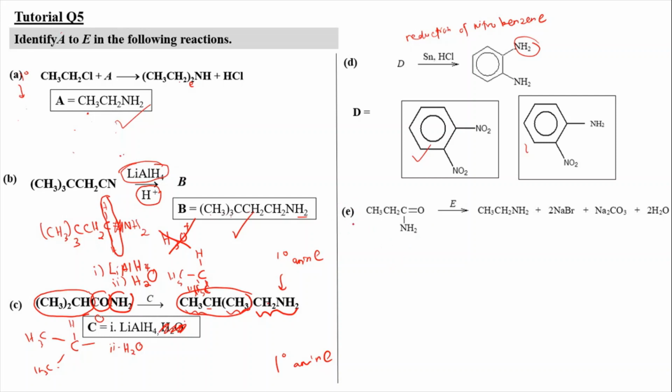And now for the structure E here. So we are given the CH3 C double bond O NH2. So here refers to a primary amide. Now as what you can see here, at first you're going to have 1, 2, 3 carbon, but here it's going to have 2 carbon. So you know that it will undergo Hofmann degradation. Okay, because the Hofmann degradation will remove C double bond O,